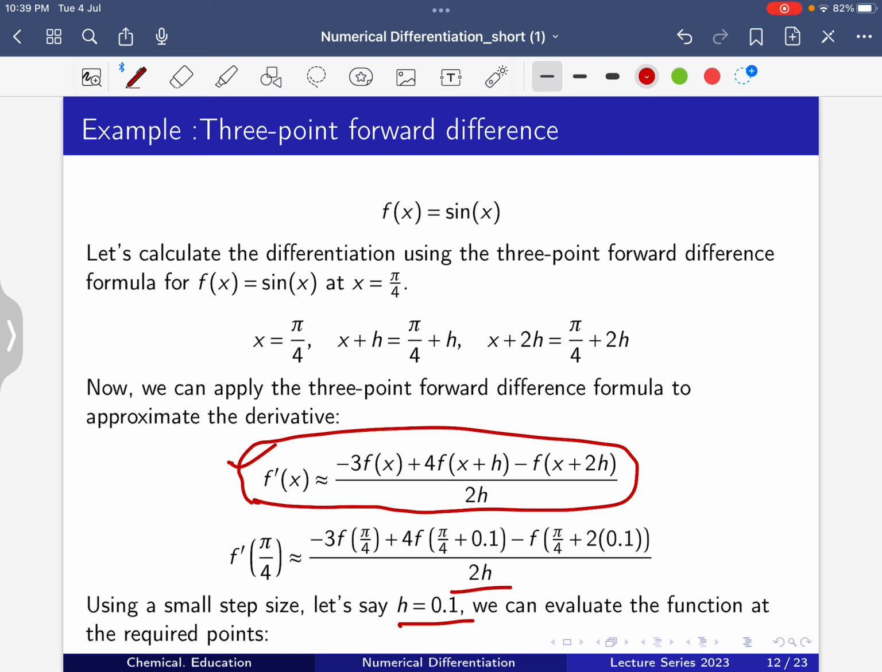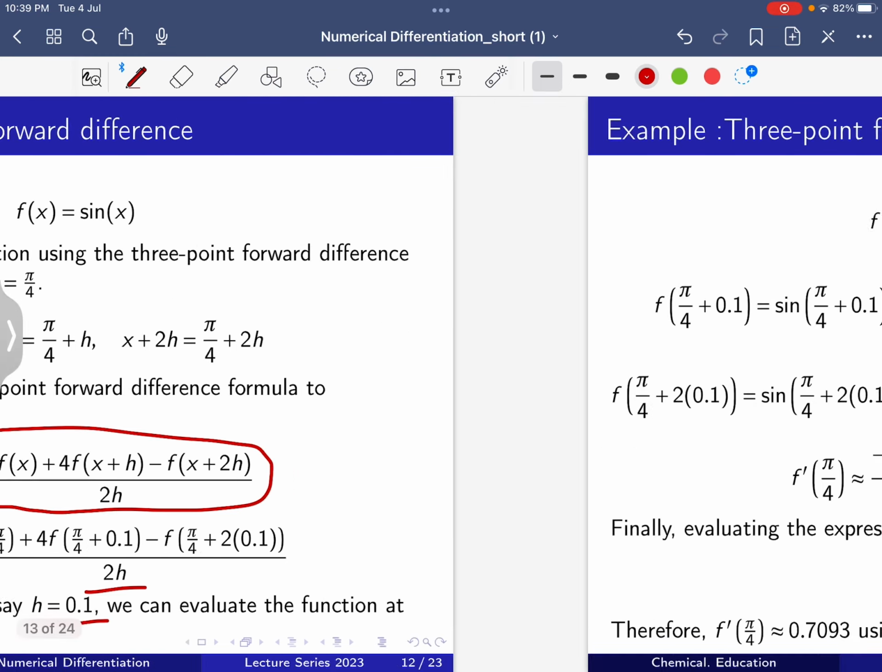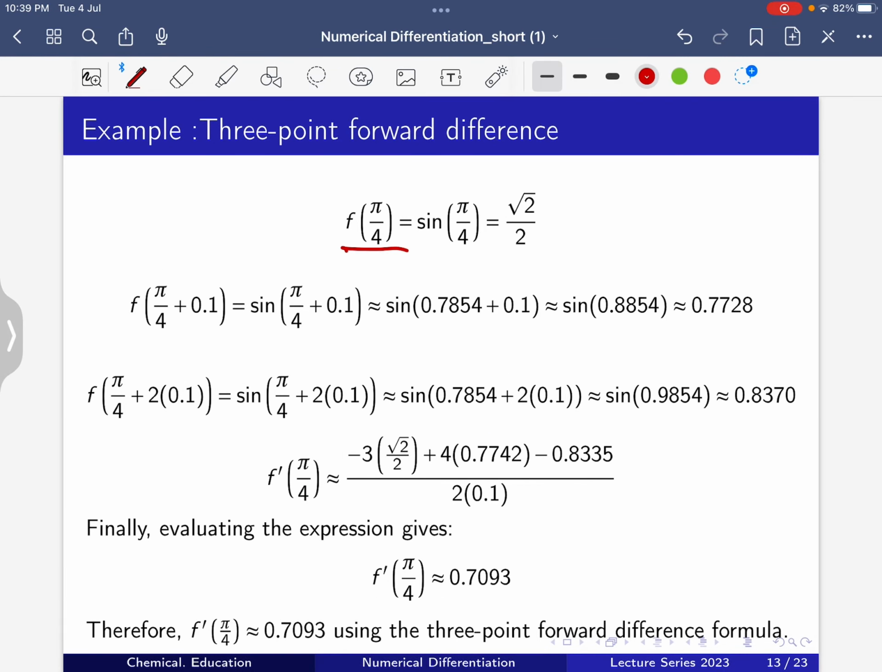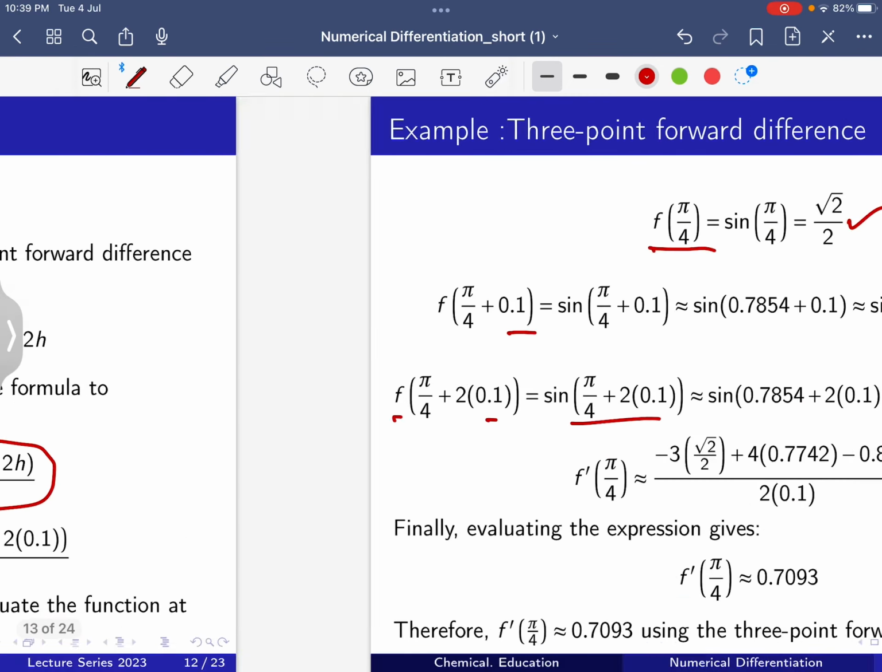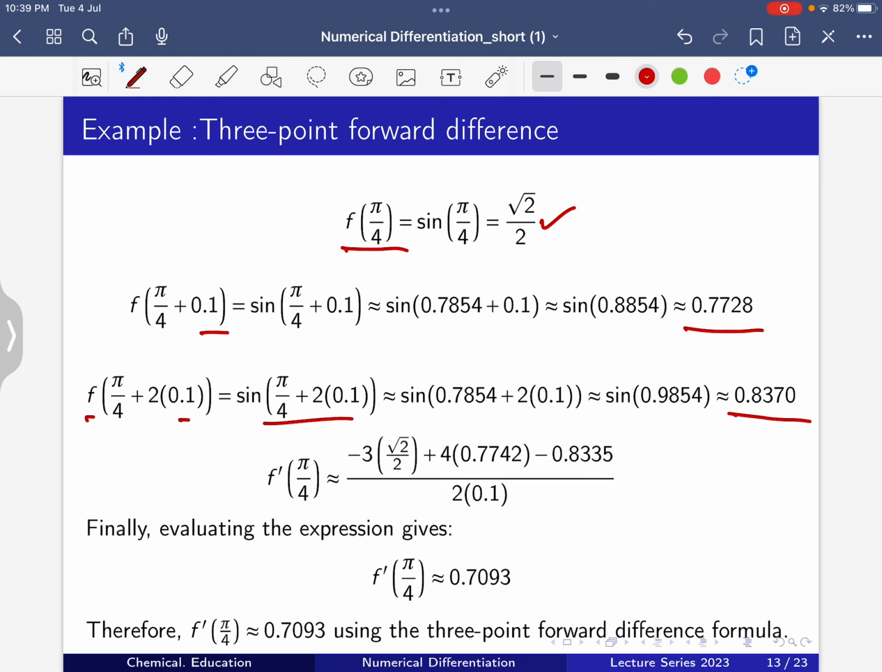H is actually 0.1. Now f(π/4) is equal to sin(π/4), that is root 2 by 2. sin(π/4 + 0.1) will give 0.7728. f(π/4 + 2×0.1) will give 0.8370. Now if we plug all these values into that function for f'(π/4), that will give